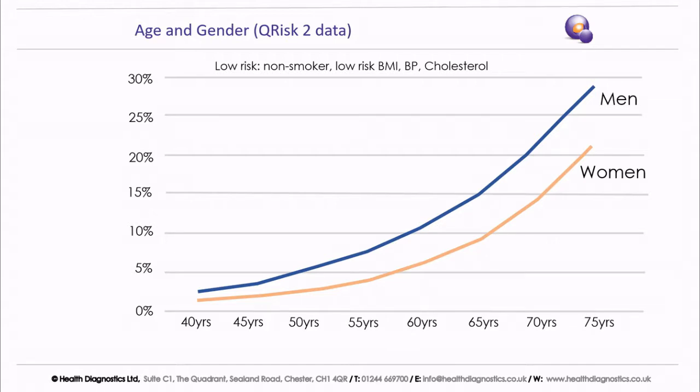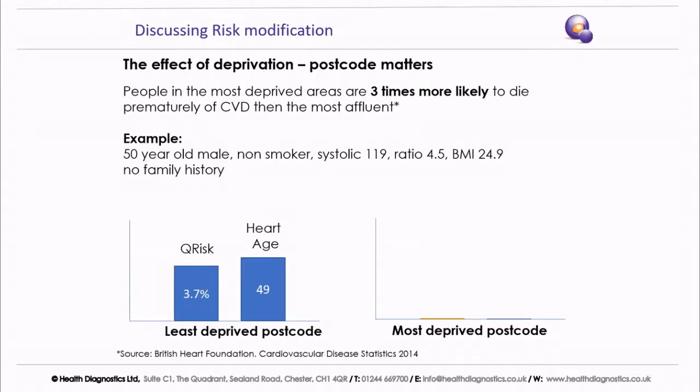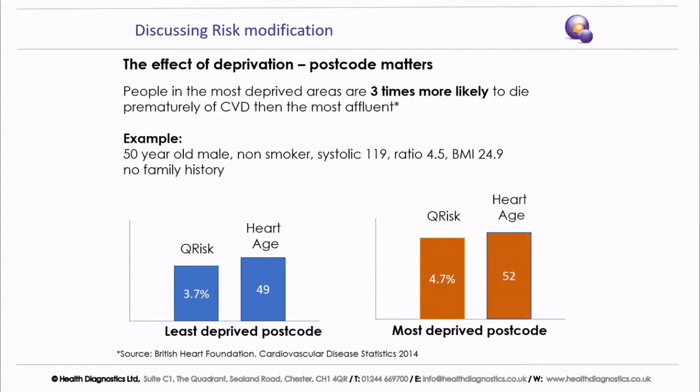If you move on to this diagram here, it looks at the influence of deprivation on risk. If you do the calculation for someone at relatively low risk in terms of the modifiable behaviours, and he lives in a least deprived or a most affluent postcode, his risk is 3.7. If you then simply move the postcode to the most deprived postcode area, his risk increases to 4.7. So you can see there is an influence there based on where you live, independent of all the other risk